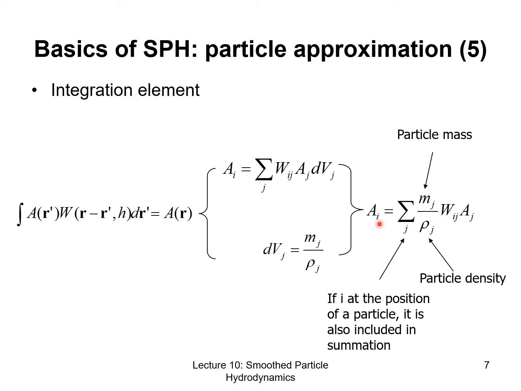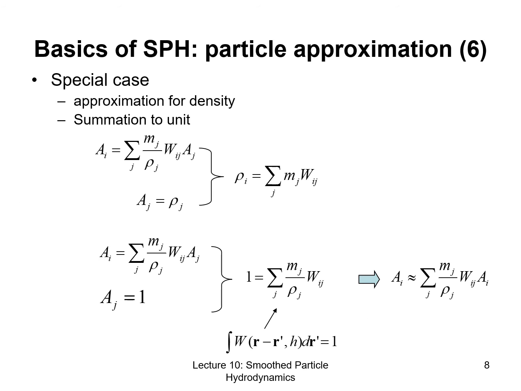To approximate the value at A, we need to have many particles around. Each particle has a mass and density, and we can calculate the kernel value according to distance, and we have these values on those particles. Then we are able to obtain the approximation. So with this special form we have already chosen for approximation,